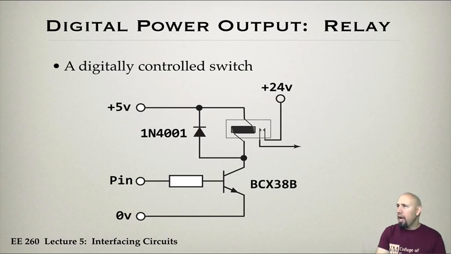A common way to do this is using something called a relay. A relay is basically a switch, but it's an electrically controlled switch, as opposed to a mechanical switch. Here is a way of hooking up a relay to an Arduino. We have some pin that we're connecting, 0 to 5 volts. Here's a resistor, I think that should be a 10K ohm resistor. And then here is a transistor, or actually I think it's a Darlington transistor,